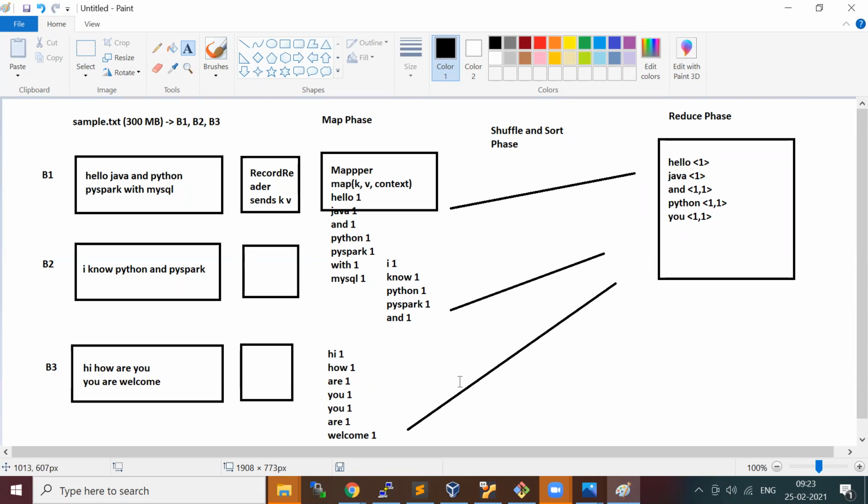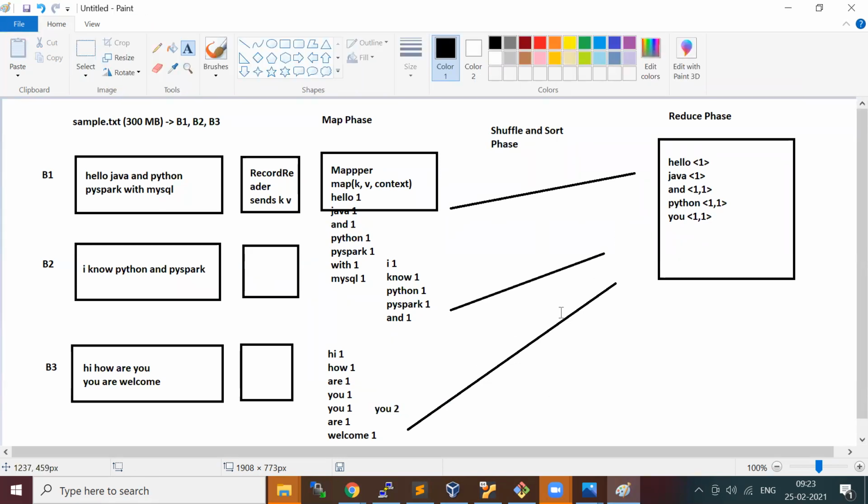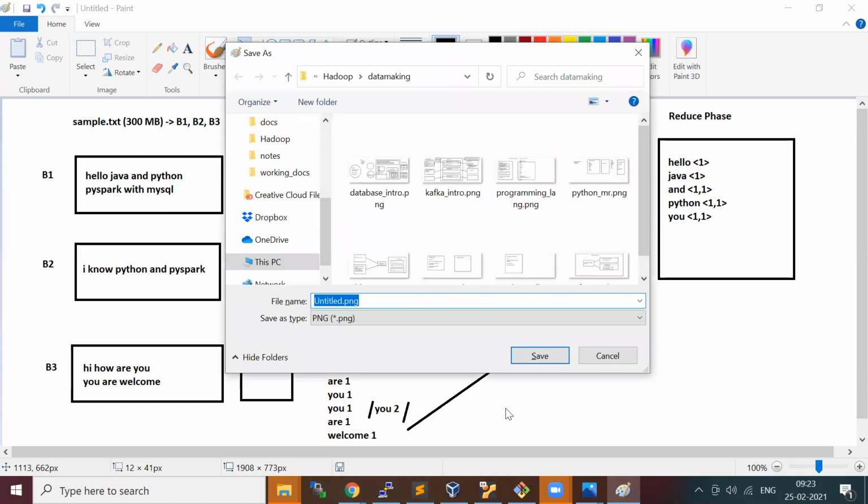Then instead of sending two key value pairs of u, I can aggregate here itself and send it to the reducer, so that you avoid the number of key value pairs getting passed over the network. That concept is called combiner.